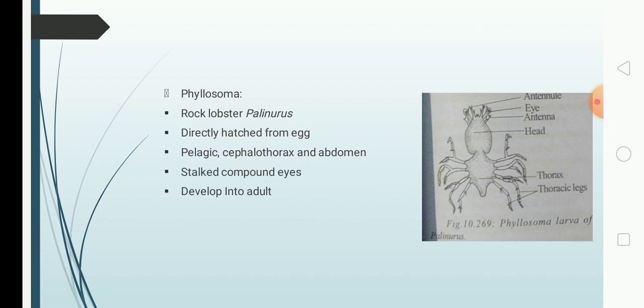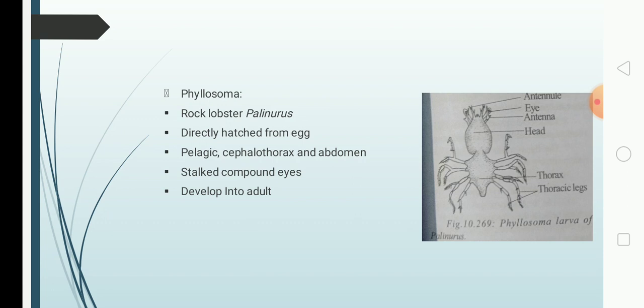So this study is very important from the evolution point of view. It helps in relating closely related groups that have similar larvae. So this proves that they have something in common, a common ancestor. Okay, then the next